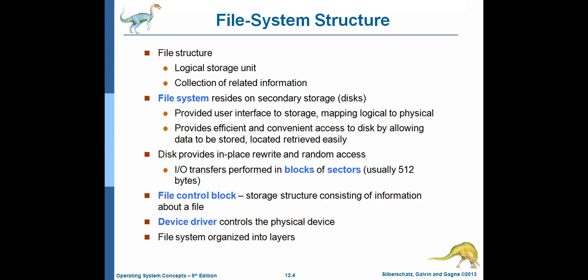Coming to file structure. So file structure is a logical storage unit. Okay. File system, where the files are available, where the file system is available. So the file system is stored in the disk, called as secondary storage area. Okay. And next, users can access the files, they can store the file, we can retrieve the files from the disk, and we can store the files to the disk.